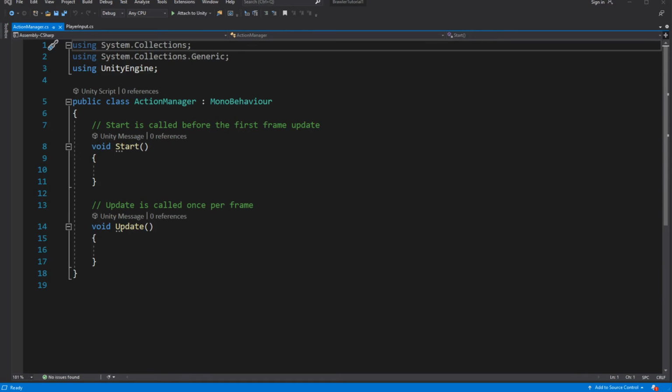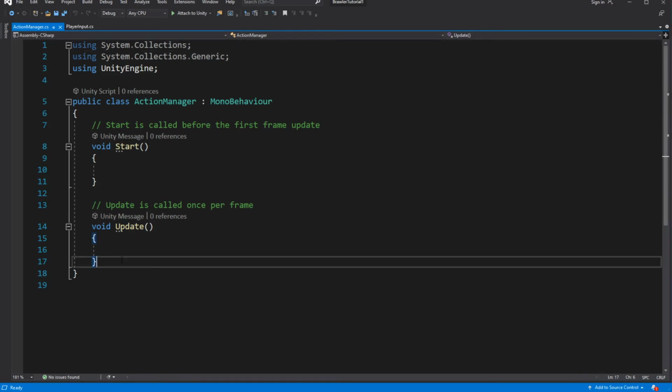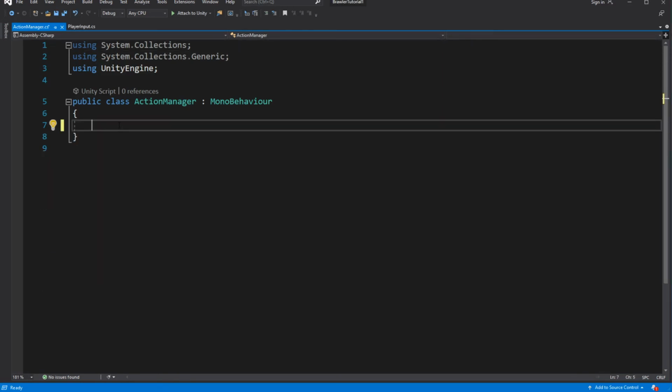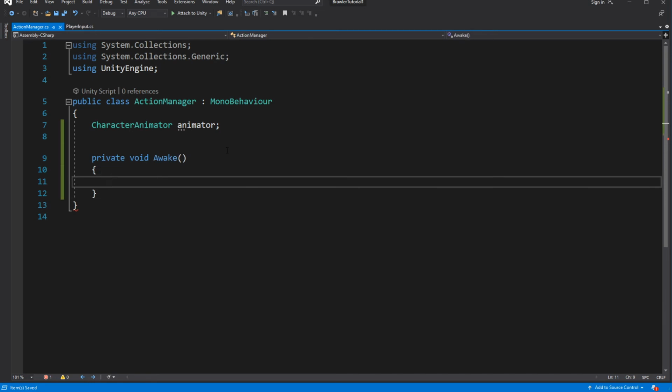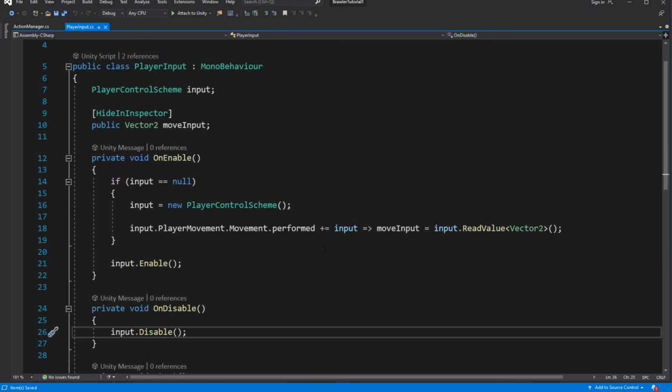We will need to store reference to the character animator to animate our character. Now we need to read the state of our button, whether it's pressed or not.